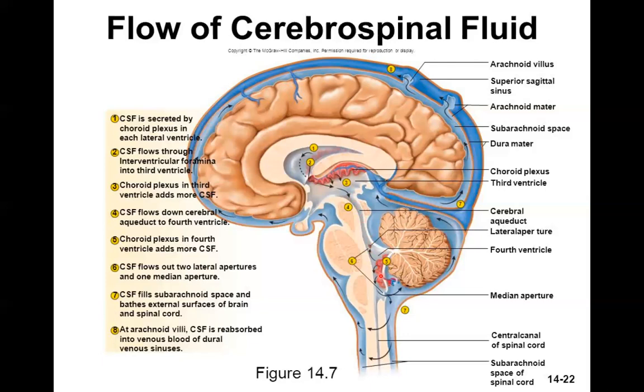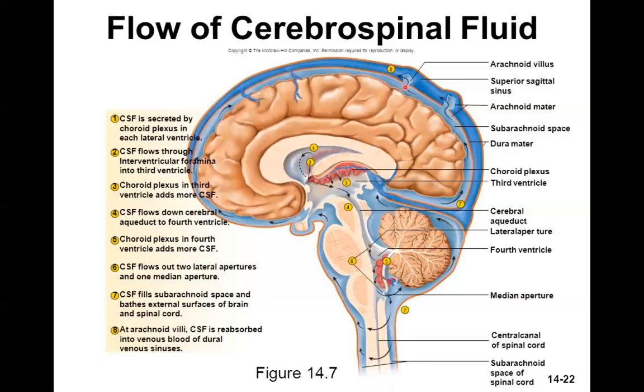And it flows out from there, and it flows out to either circulate around the external surfaces of the brain in the subarachnoid space, and that's what's shown here, and it travels down the central canal, down into the spinal cord, and then it would come up on either side of the spinal cord in the subarachnoid space around the spinal cord. And it flows up and around the surface of the brain in these subarachnoid spaces until it reaches